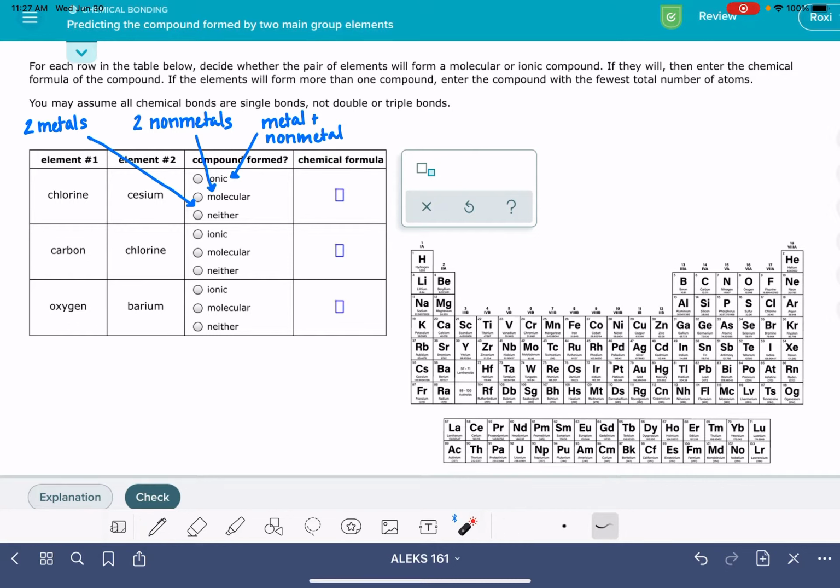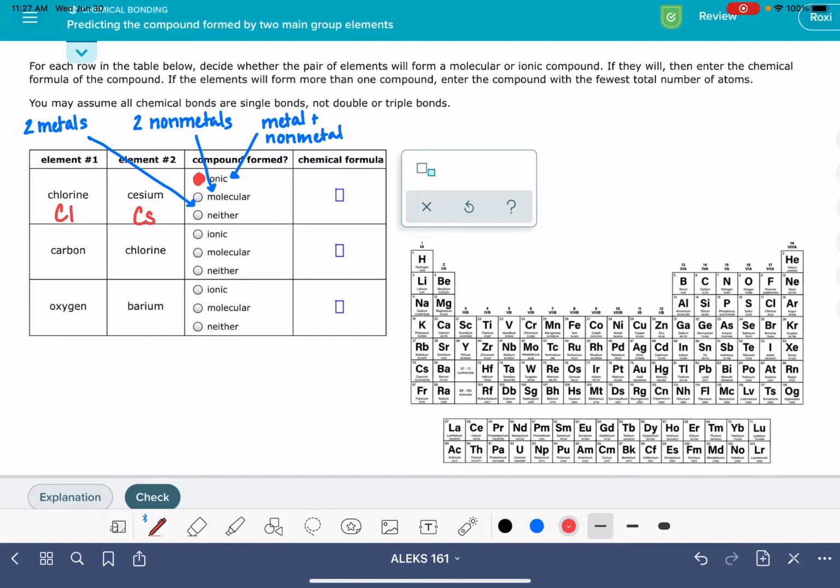So what we want to do is identify each one of these elements as either a metal or a non-metal based on their location on the periodic table. To do that, we're going to imagine that line through the metalloids, this line that divides our metals from our non-metals. All of our metals are over on the left-hand side of that line, and our non-metals are on the right-hand side. For the first problem, we have chlorine and cesium. Chlorine is right here and cesium is right here. So this is a metal plus a non-metal,